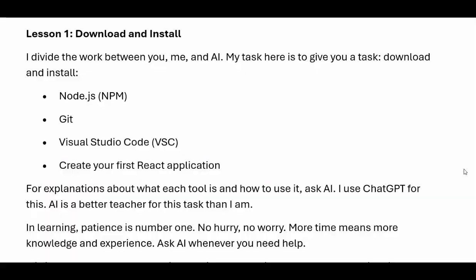Lesson 1. Download and install. I divide the work between you, me, and AI. My task here is to give you tasks. Download and install